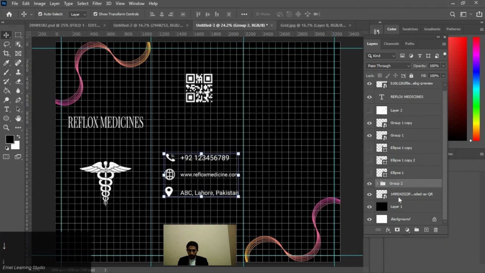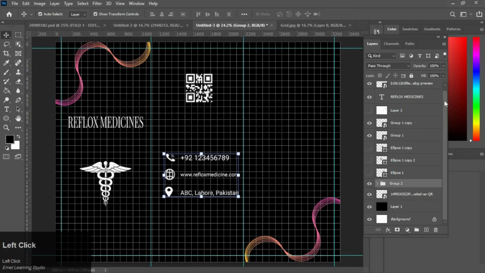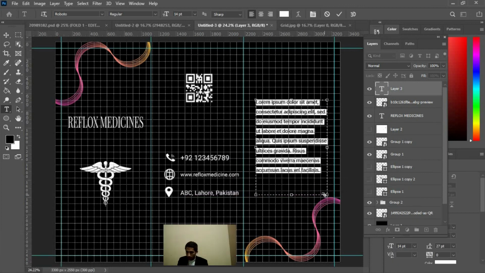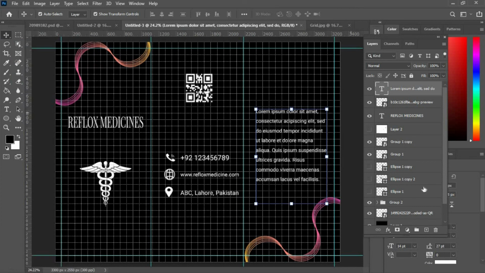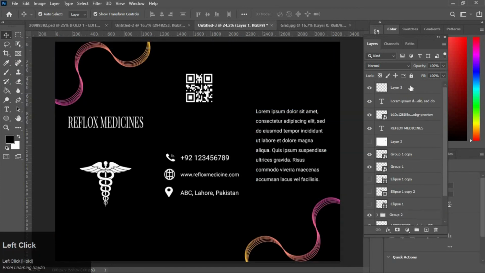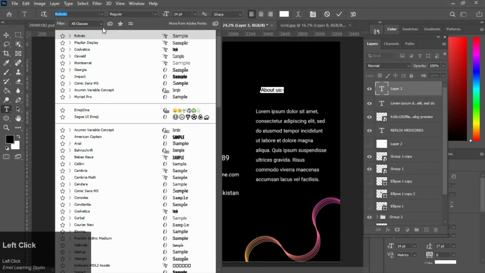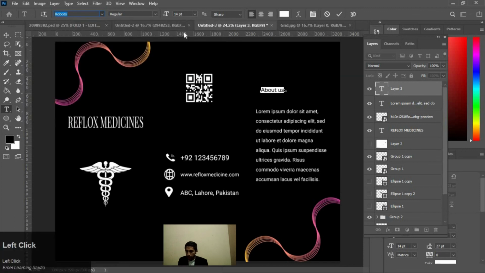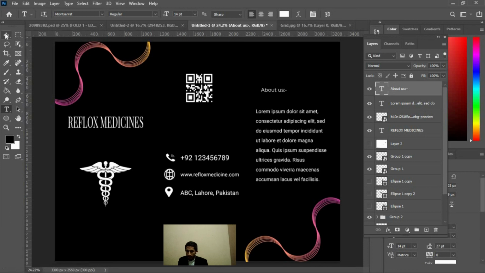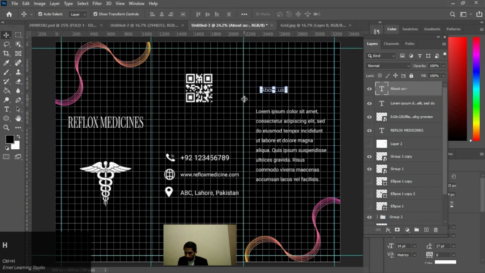Make them a group and adjust them all properly. Now on the third page, we write about us. Also at the bottom, the font here. Here I am using the Montserrat font. Adjust the size properly.